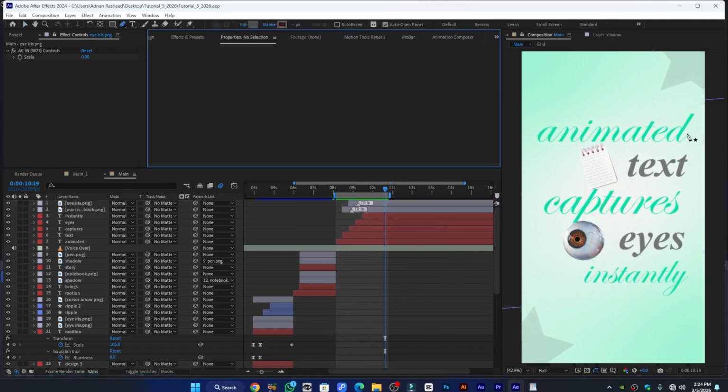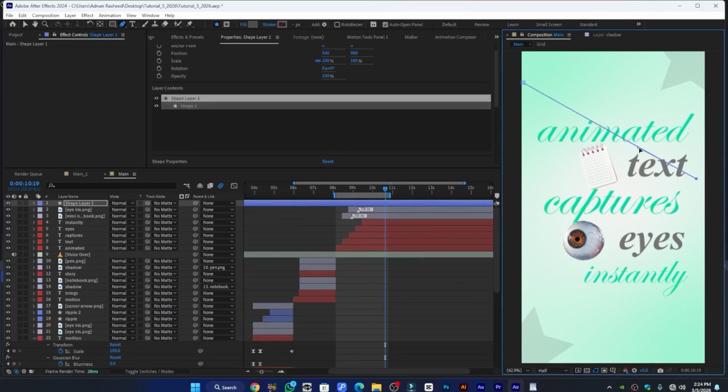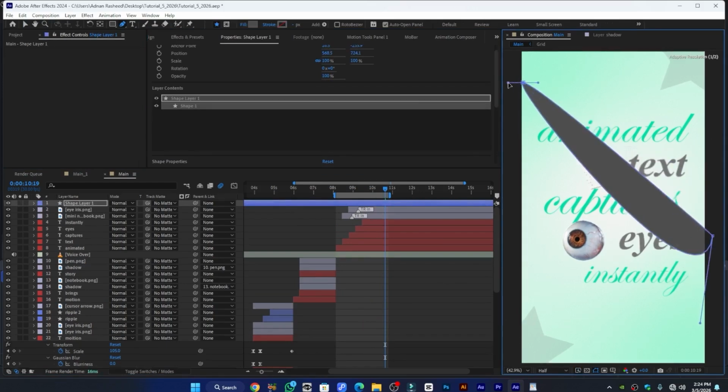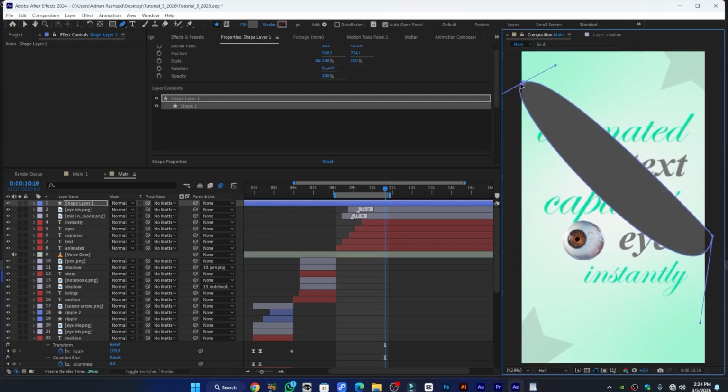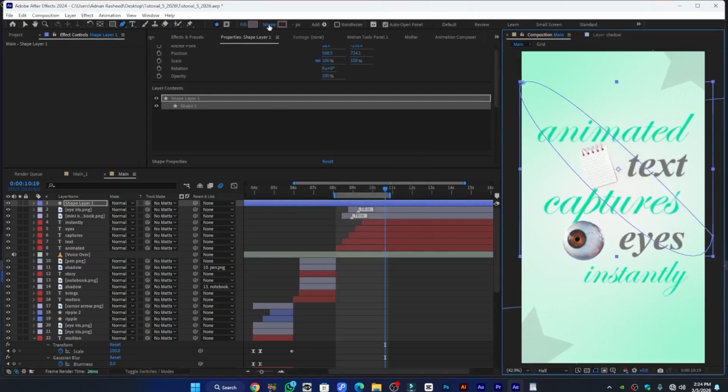So for that, go to the tools, from here select the pen tool, click over here, and you can create the stroke animation over here, something like this. By selecting these handles you can customize or you can make more curvature. Okay, go to fill, select none, and select the stroke solid,